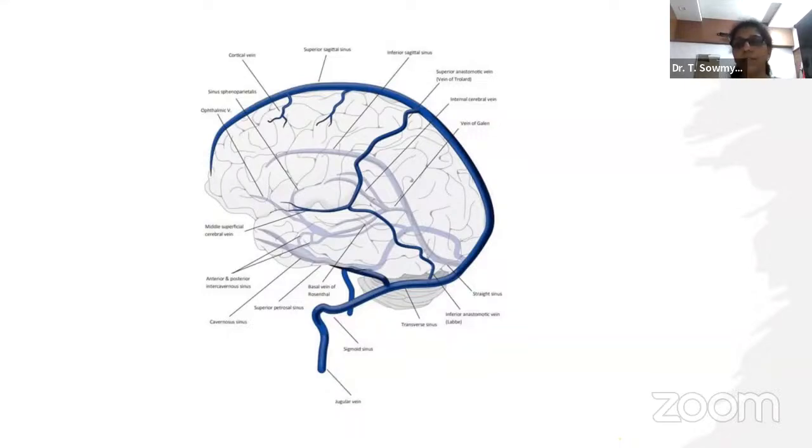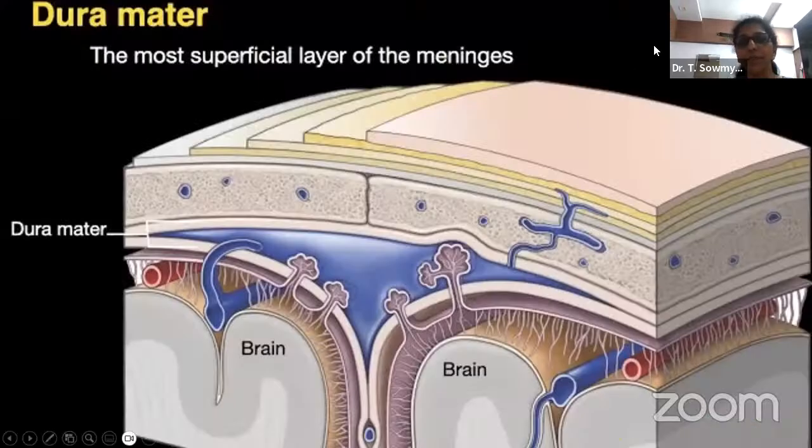It's a thrombosis of cerebral veins and dural sinuses in the brain, which carries significant mortality and morbidity, with a varying clinical presentation. And this is the anatomy of the